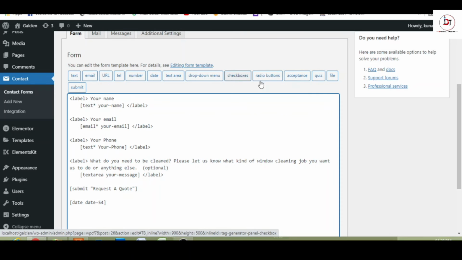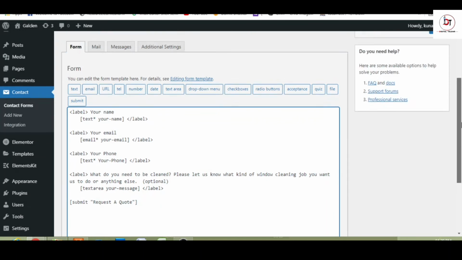There are checkboxes, there are radio buttons, there are lots of options you can play with. So for now I just want this information which I feel is relevant to the business I am making for this website. So let's go and insert this